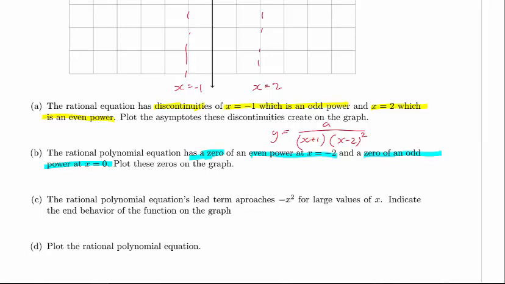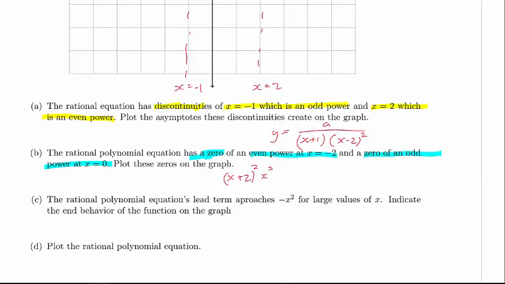All right, so just all by itself, this would imply that we've got an equation that looks like this: x plus 2, and it's an even power, so put a 2 there, and then a zero of an odd power at 0, right? X minus 0, of course we don't need to include that minus 0 part,